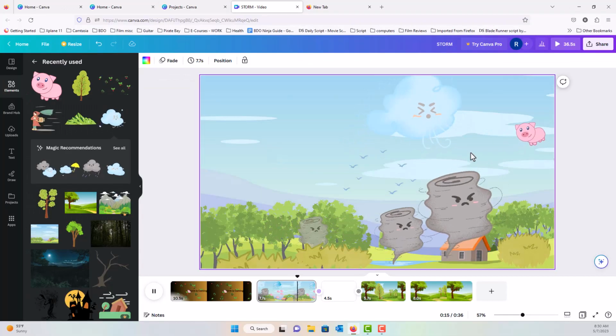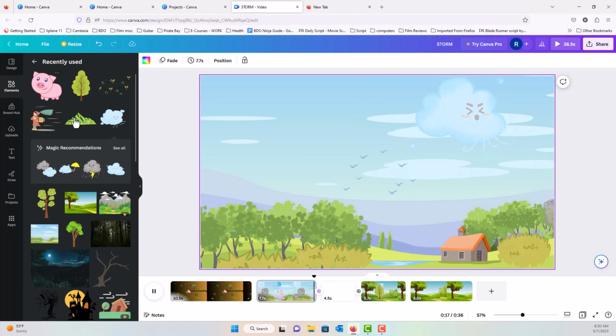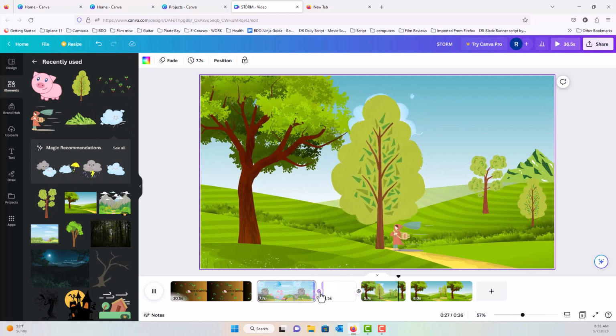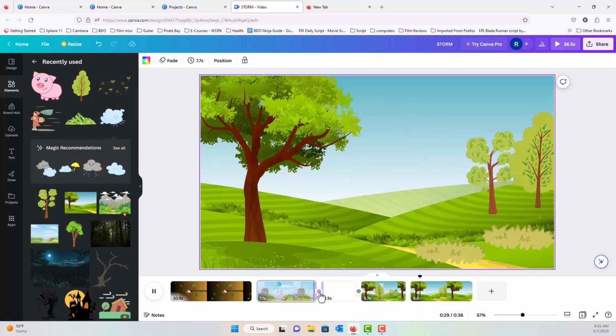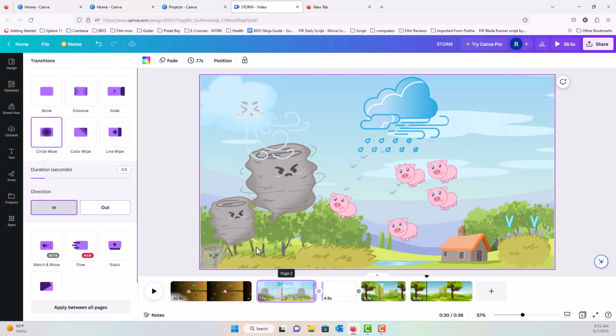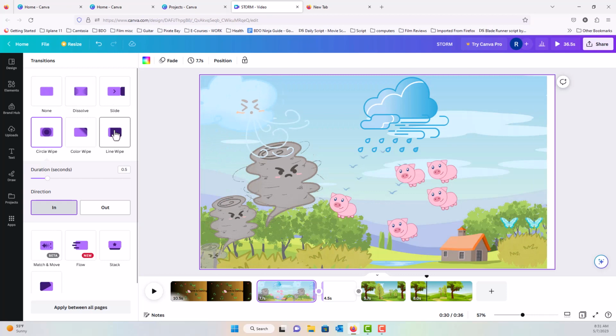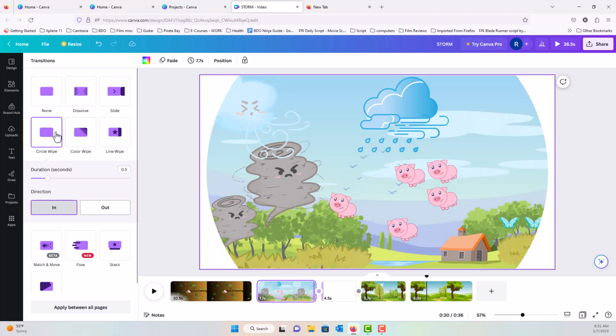You could just pick any of these elements and add a dissolve or a particular transition. You can use a slide, a dissolve, color wipe, and we just bring it down into